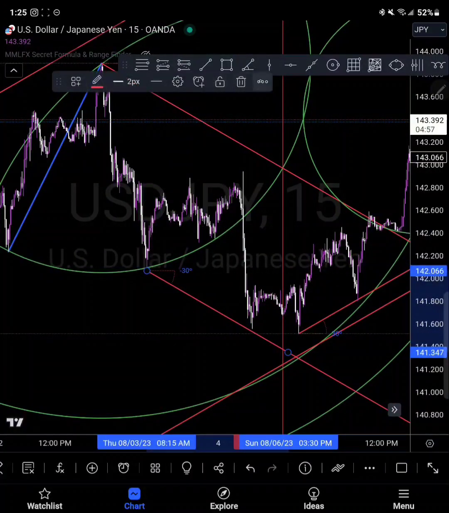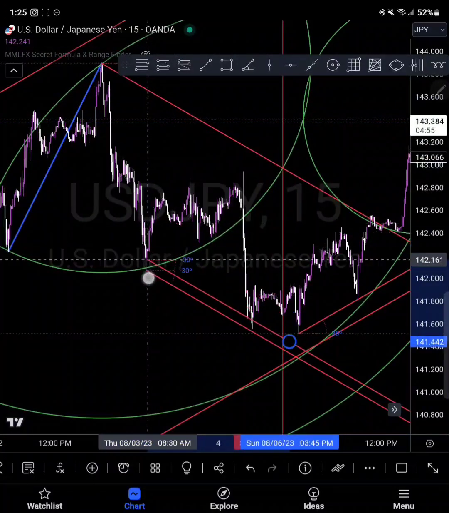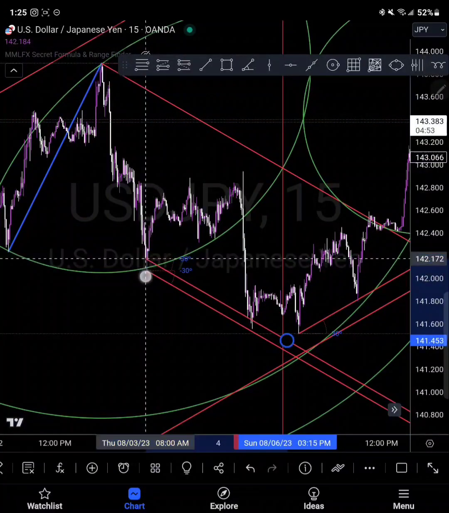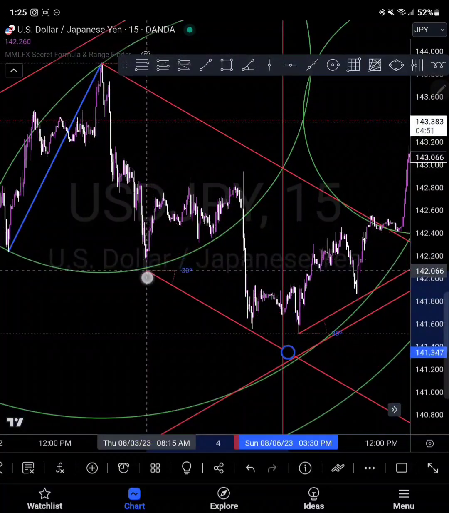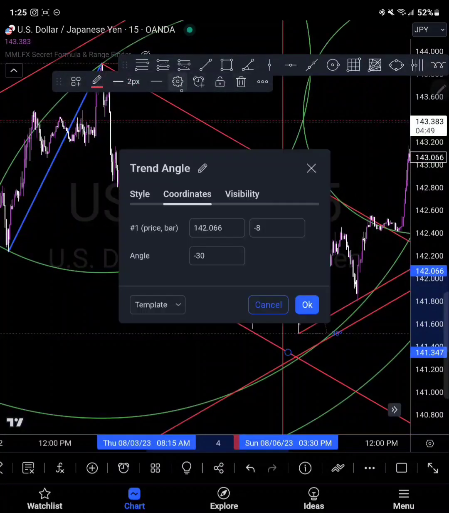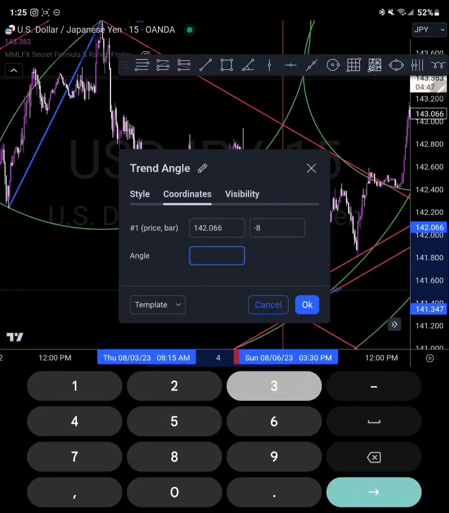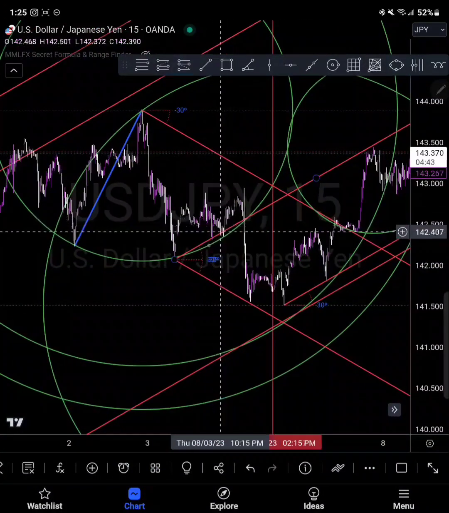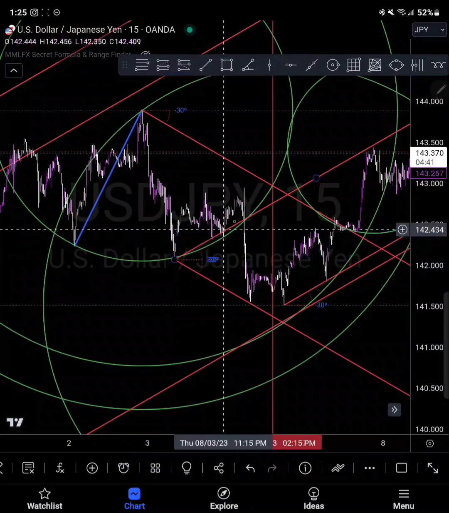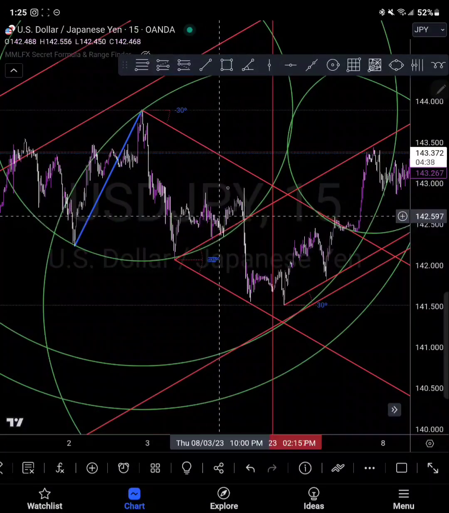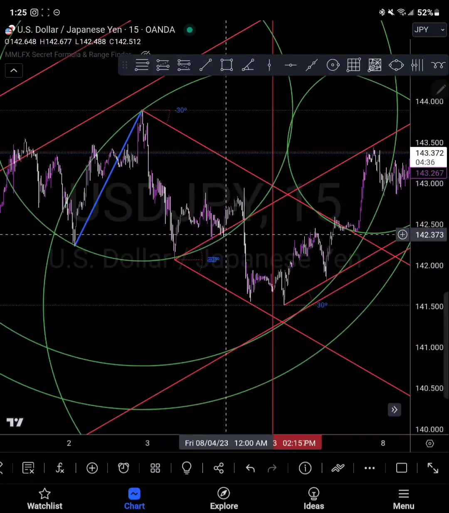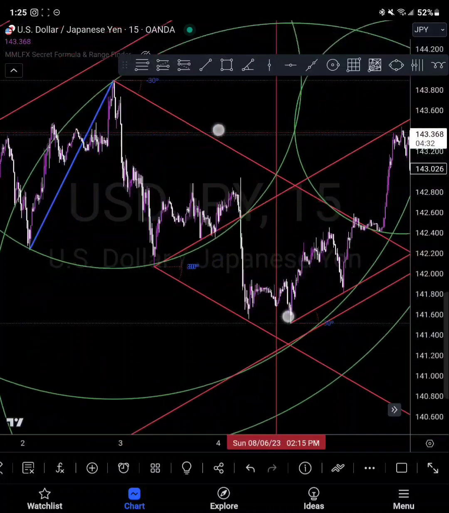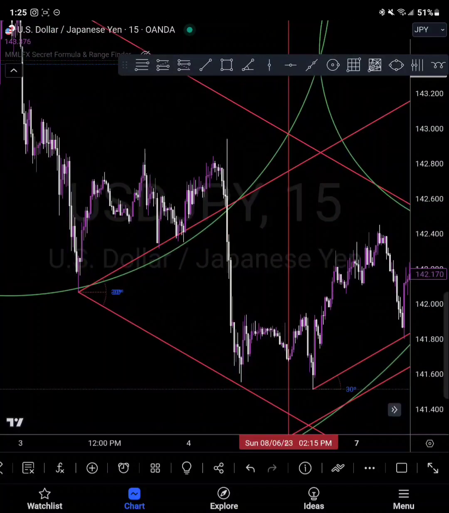Okay, I think price looks nice. You can go 30 degrees upward from that low and see that you get a reaction as well. Okay, and if that's coming up to the bottom of an arc and price touches your line and touches the bottom of your arc, I'm not saying that it's going to bounce, because price is going to do what it's going to do. But if you were a betting man, which I'm sure all of you are,